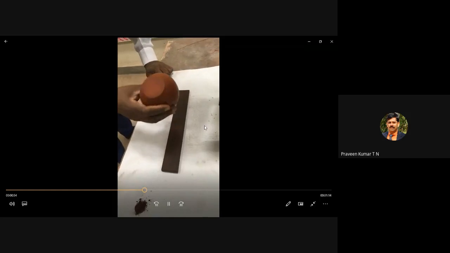So this is the ferromagnetic powder you are spraying on the specimen. This is the specimen. We can see the steel specimen, and over the steel specimen he is spraying powder. He is our instructor, Mr. Venkatesh. He is spraying the ferromagnetic material. That is the first phase.